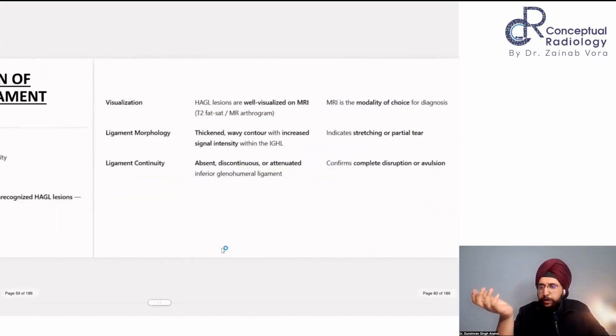There can be partial tears also. If you see the IGHLs, there should be very thin hypointense bands. If they're thick with wavy contour, they can either be a partial tear or it can be stretching as well. Okay, but in a partial tear, there will be no extracapsular movement of the joint effusion. Okay, so for joint effusion to move into the extracapsular space, there has to be